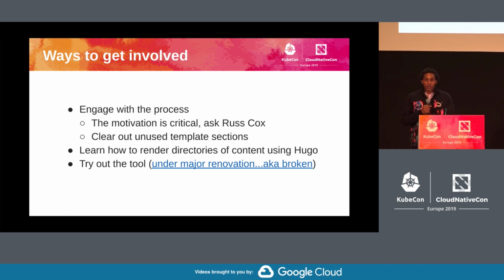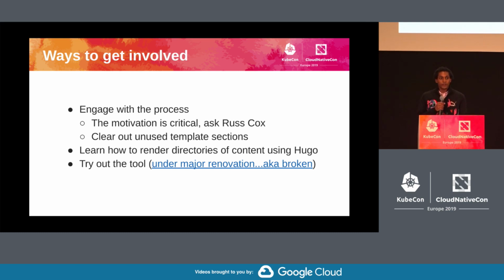Once we are moving to a directory structure, we're going to need a lot of help in making this content available and easily consumable by consumers. So we use Hugo in many other parts of the project to do this kind of work. And certainly I have not had the time to explore how that is going to change when we move from flat files we have today to a directory structure. So that's a super help wanted, general Hugo experience.